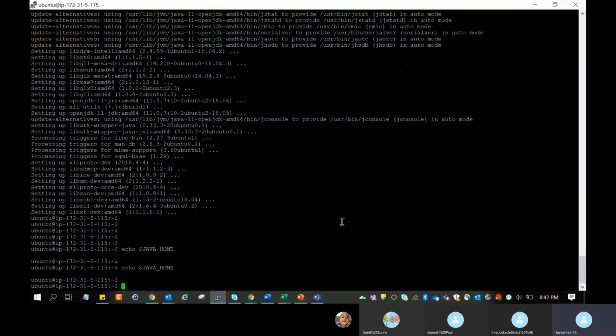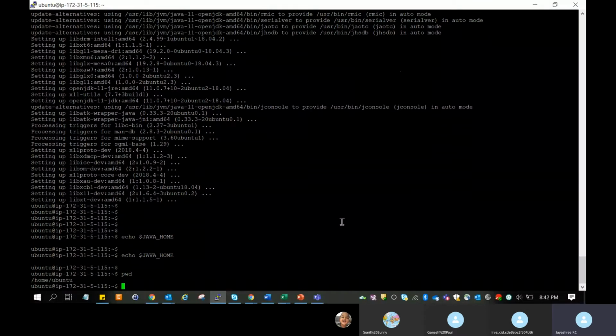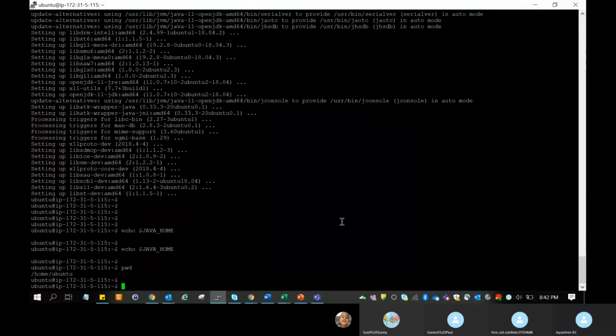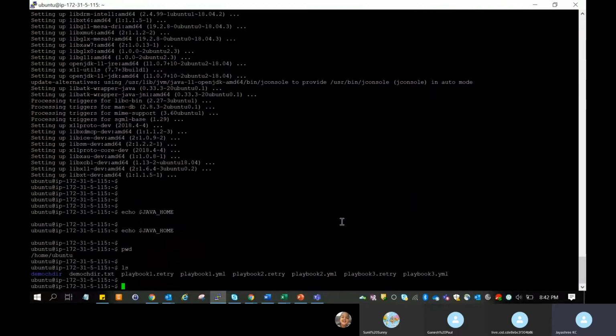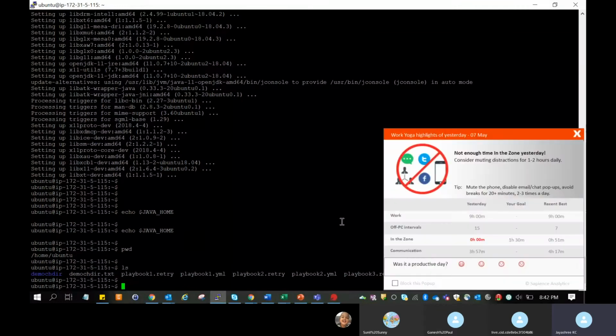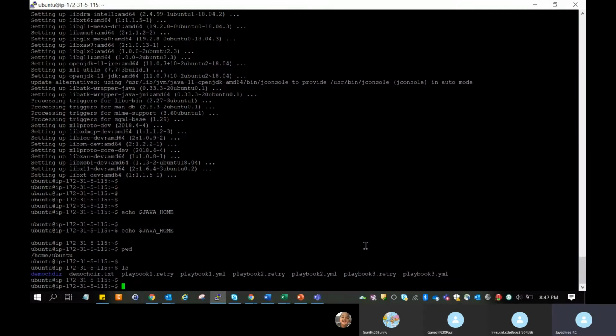But if you want to see where it is installed, give pwd. /home/ubuntu, right? Give ls. Wait. Okay, no, in this folder it's not there.